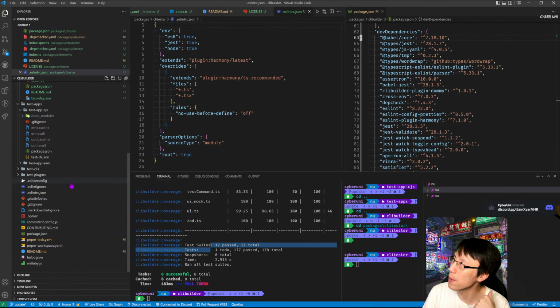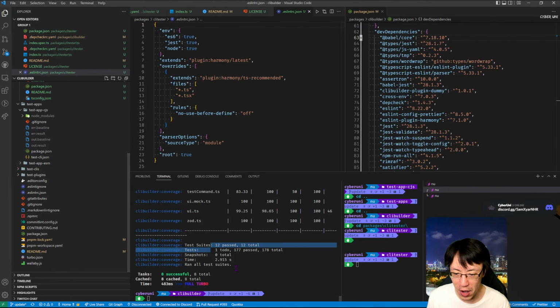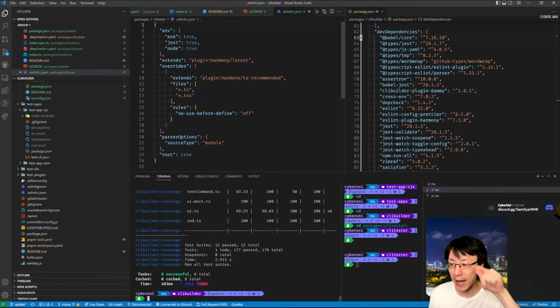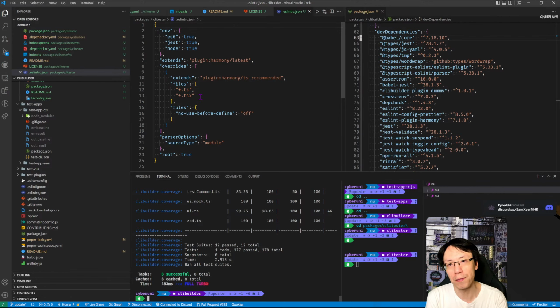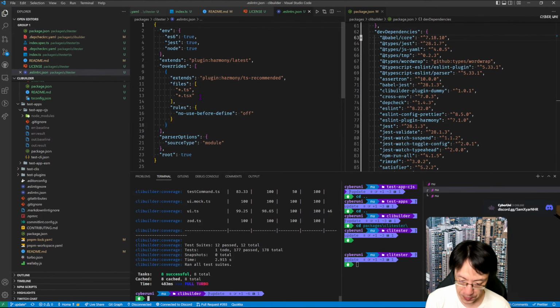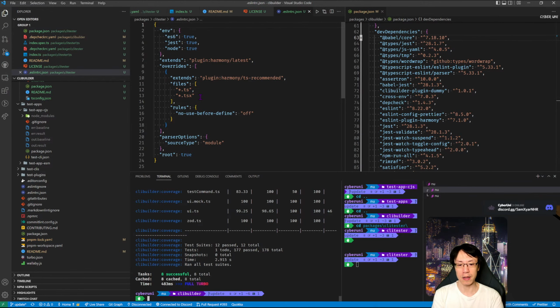Have I talked about the problem with Yarn too? No, I have not. So let me add that in to make sure that you would know about it. One, the problem with Yarn 2 or Yarn 3, the plug-and-play system, is not that it's a bad system, right? It definitely put a lot of thought into it, but